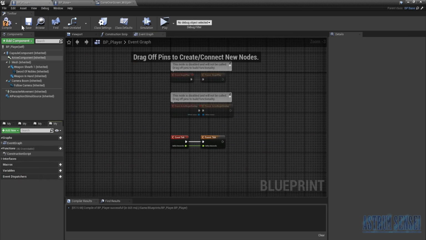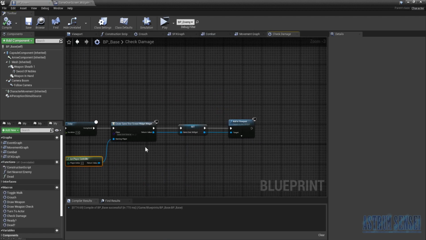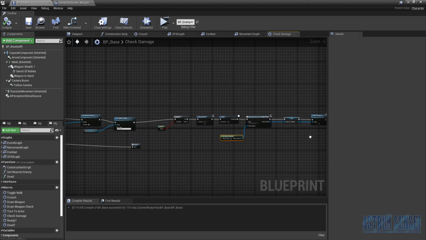Over here in our BP base, first I'm going to clean up, just remove the variable here and compile, which is the BP player. We're not going to need it. In our BP base, we are going to